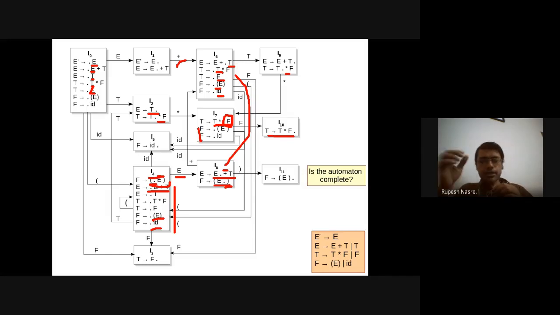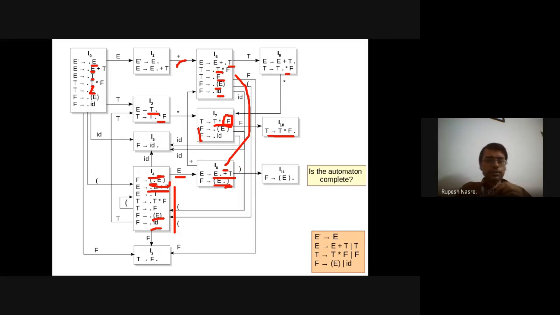So can somebody tell me, is the automaton complete? Yuvraj, what do you think? Is something else required here? Okay.